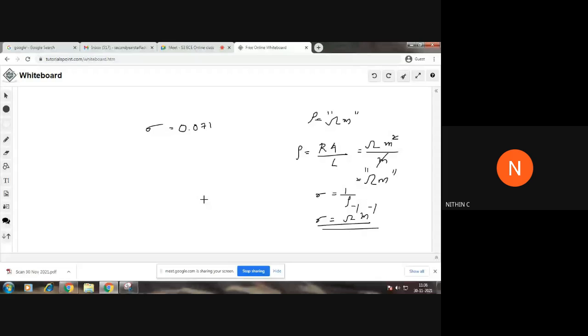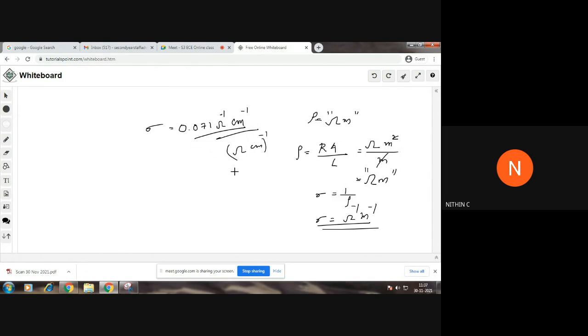Since all the values are mentioned in centimeter, you can write the unit of conductivity as ohm raised to -1, centimeter raised to -1, because we did all the calculations in centimeter. Concentrations were expressed per centimeter cube, and mu n and mu p were in centimeter square per volt second. Either represent it like this, or as ohm centimeter raised to -1. This will be the final answer.